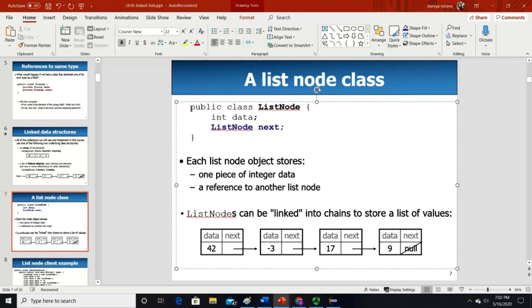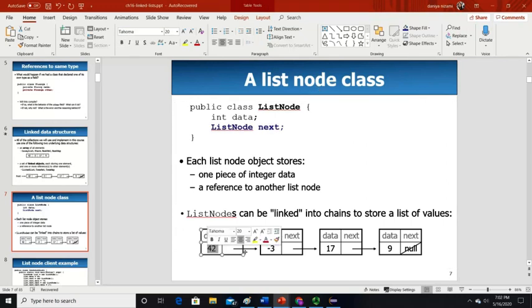First of all, we need a list node. Again, this is a list node, this is a list node, and this is a list node. Every list node holds one data value and the address for the next list node. So one data value, which is 42, and this next is just a name. You can name it something else, like address or next value, anything you want, because next means the next list node.